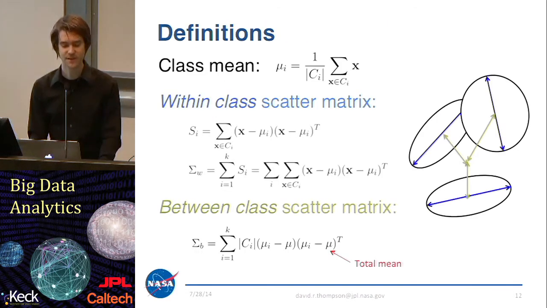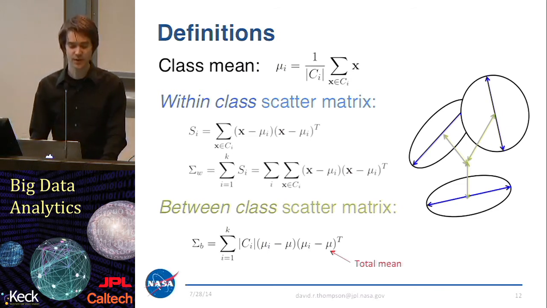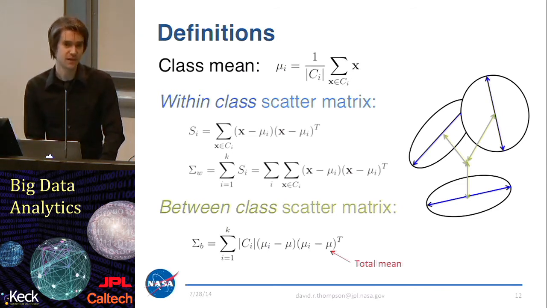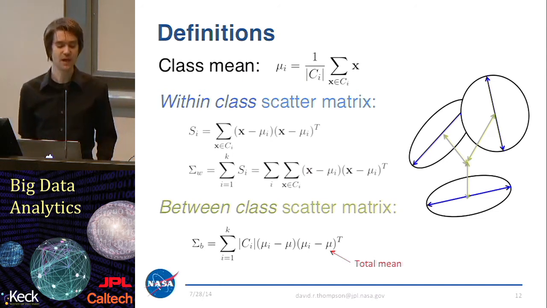All right, so here are some definitions to get us started. First, I'm going to define the class mean as the mean of all the data points having a certain class label ascribed to them. So we have a class mean for each one of our k different classes. We're also going to define scatter matrices to represent the spread of the data. Here we define the within-class scatter matrix in fashion similar to the sample covariance matrix. So we're just looking at squared distances against the mean. And we do that for each class independently. If you take the sum of all the within-class scatter matrices,